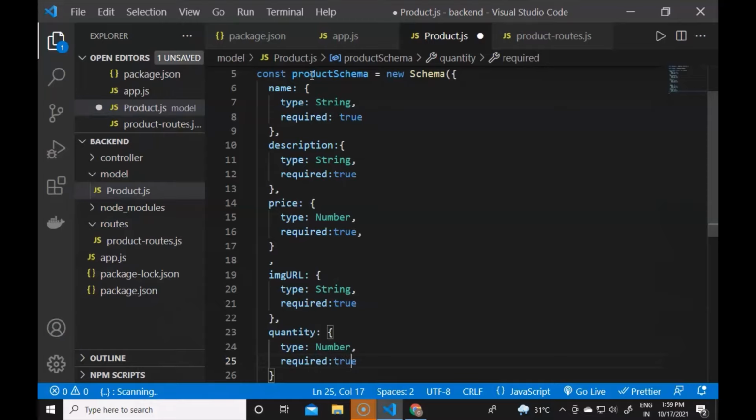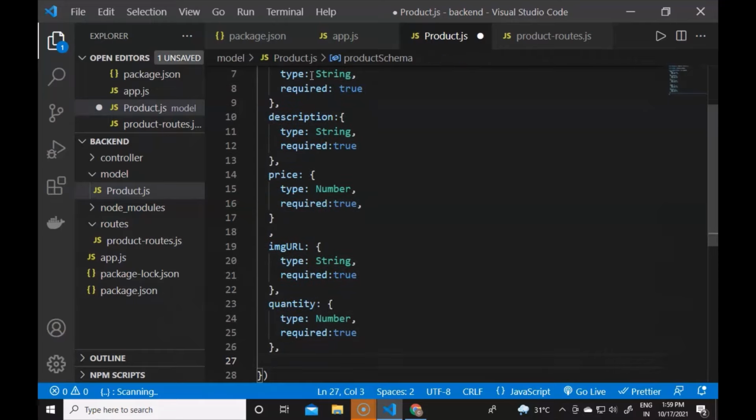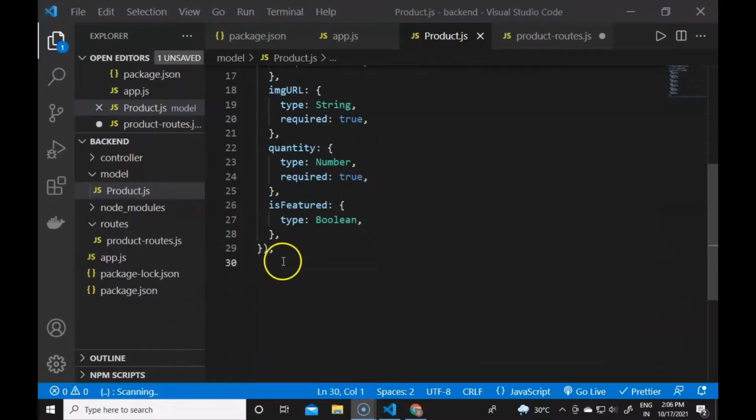So the quantity will be equal to 2, and now there will be the isFeatured property, because if the product is marked as featured, we have to show it in the top row of the front-end application. And now we need the export statement here, and it will be module.exports,